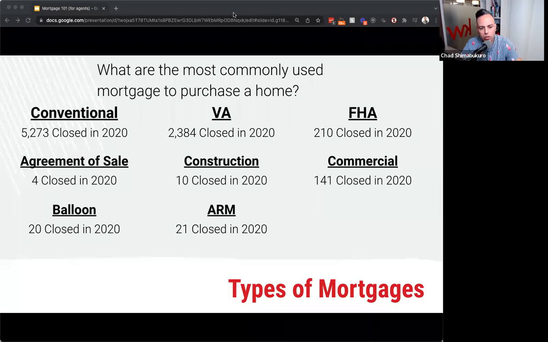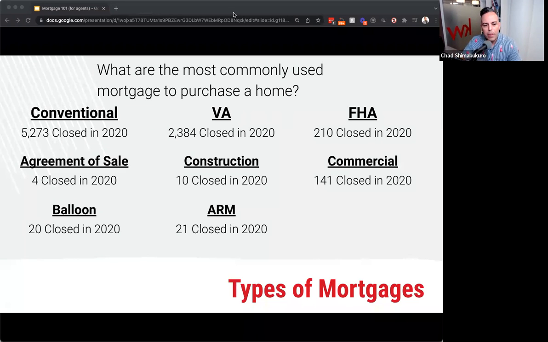And in a nutshell, with an agreement of sale, title doesn't transfer. So if I'm selling my home, I'm going to use Robert as an example. I know Robert's on the call. Robert is the buyer and he wants to buy one of my properties and it switches to a buyer's market. What an agreement of sale is basically is I am agreeing to do business with Robert and finance. So I'll say, Robert, I'm going to need 20% down and then you're going to make monthly payments to me of X, whatever we agree to. And there's a form for that. And I highly recommend that you speak to your broker about it because there's a lot of nuance behind it.